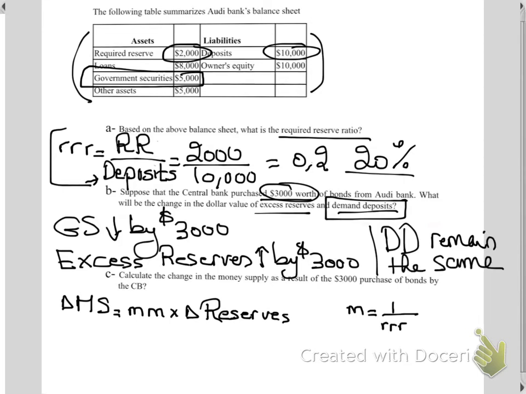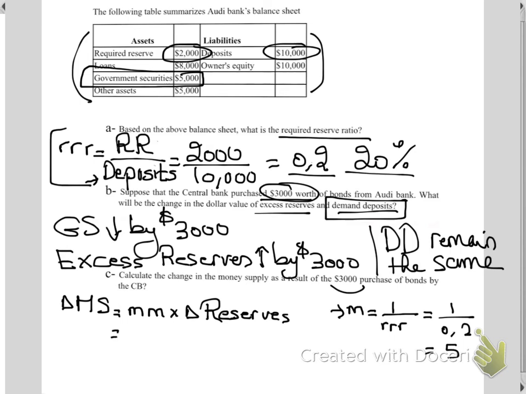In part C, we are being asked to calculate the change in money supply resulting from the purchase of the bonds. The change in money supply is equal to the money multiplier multiplied by the change in reserves, and the money multiplier is equal to 1 divided by the required reserve ratio. So it's equal to 1 divided by the 0.2 we found in part A, so the money multiplier is equal